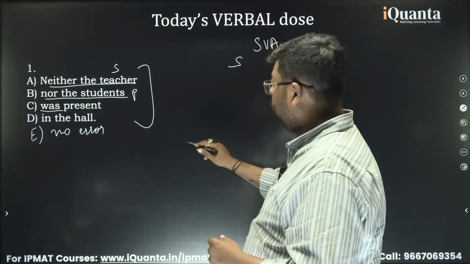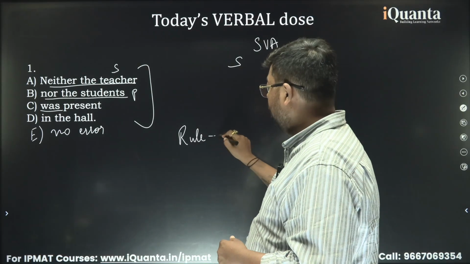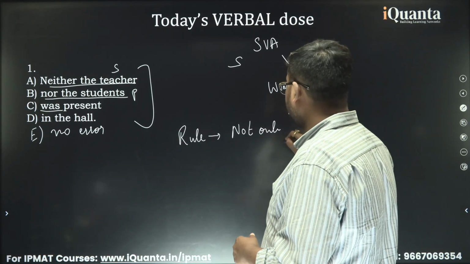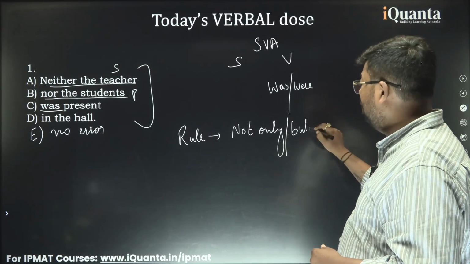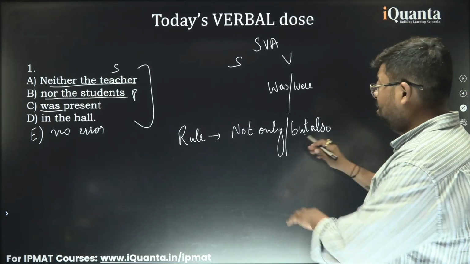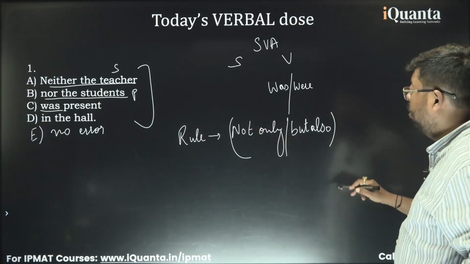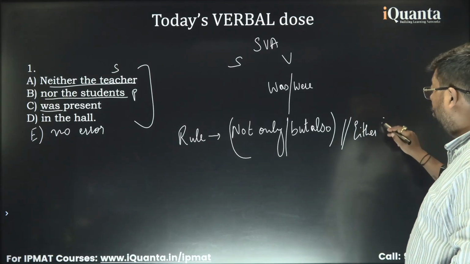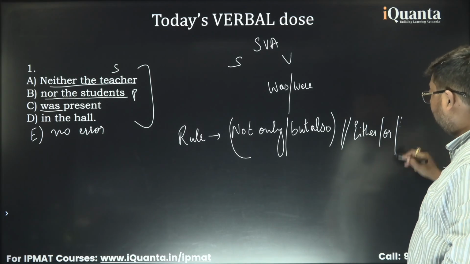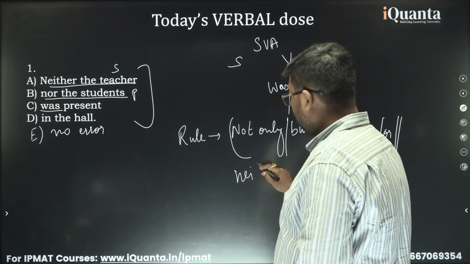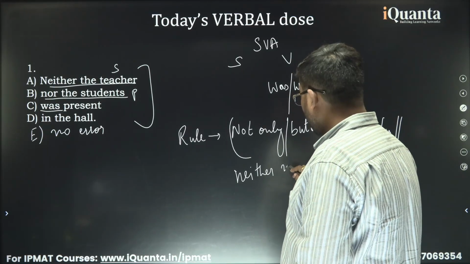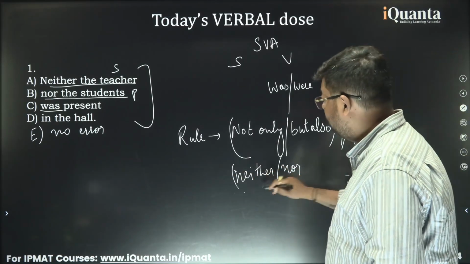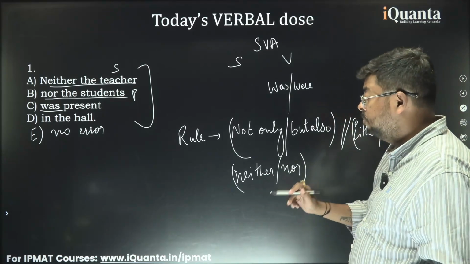Always remember, the rule is whenever we use conjunctions like not only but also, or either or, or neither nor, these kinds of expressions, whenever they are used, always remember